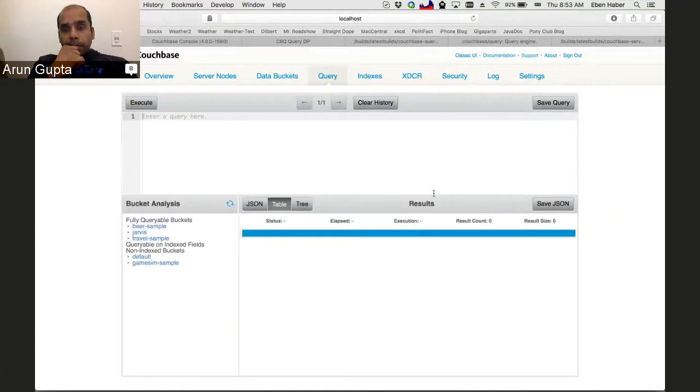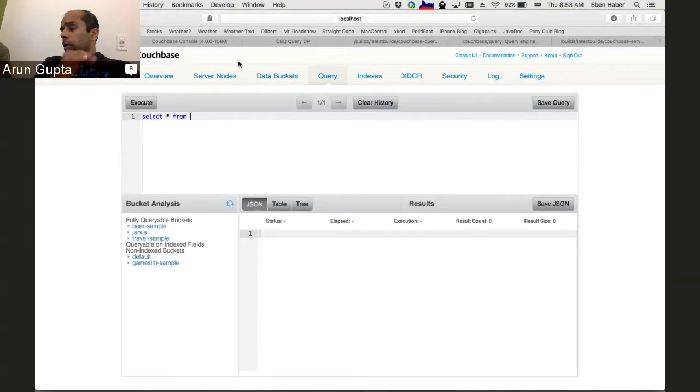Okay, so this is the Couchbase Query Workbench. Now, this comes as part of a standard Couchbase install. Now, this is something new that we've introduced in Couchbase 4.5? Or is that part of what people can see today? This is new as part of 4.5. Okay.